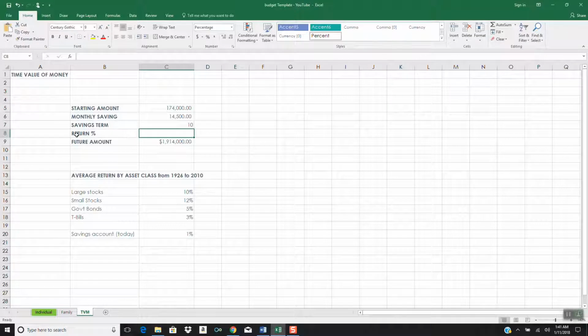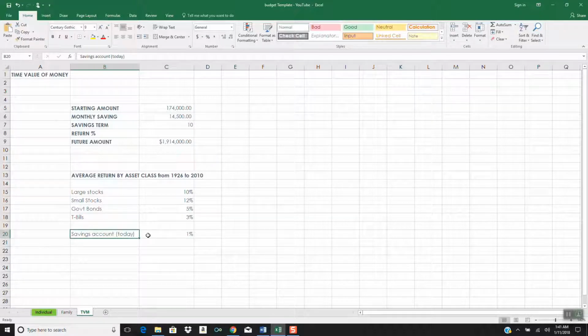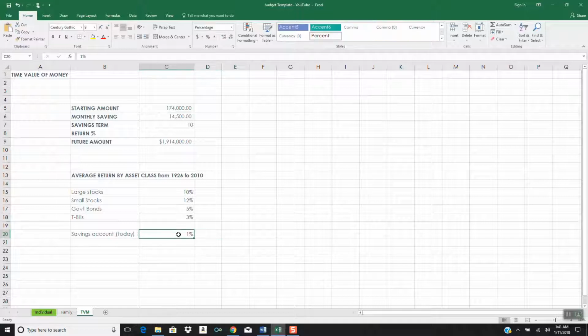Now, when we start to talk about the return percentage, let me explain a little bit before I choose a number right here. So basically what a return percentage is, and most of us have experience with this, even if we haven't thought about it within the context of a percentage return. But the most common example of a return that you get for investing that a lot of people will be familiar with is the savings account, right? We probably haven't thought about it like that because no one has probably talked to us about it in that context, but that's essentially what it is.